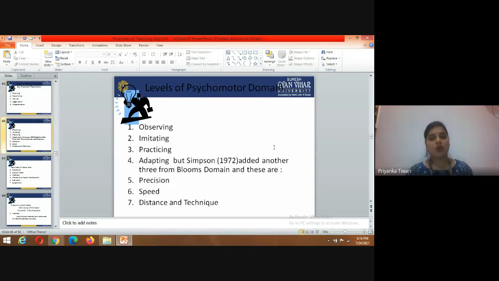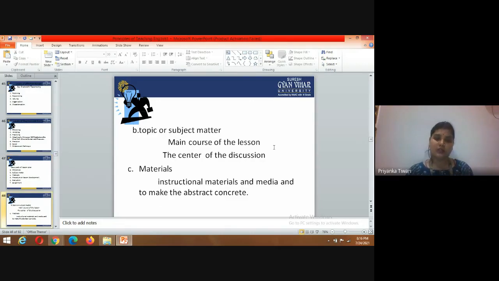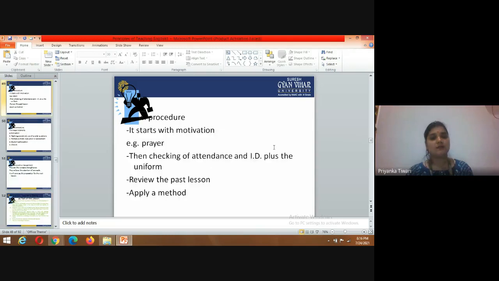So observing, imitating, practicing, adapting, and speed, strength, and techniques. And the basic parts of a lesson: subject, objective, subject matter, materials, procedure, evaluation, assignment, topic or subject matter, the main course of the lesson, the center of the discussion, materials,